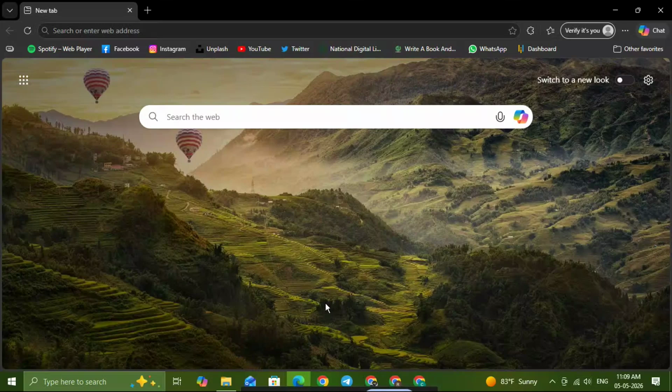If you want to download Google Chrome on Windows 7, this video will show you the fastest and safest way to do it step by step. By the end, you'll know exactly how to find the official download page, start the installer, and get Chrome set